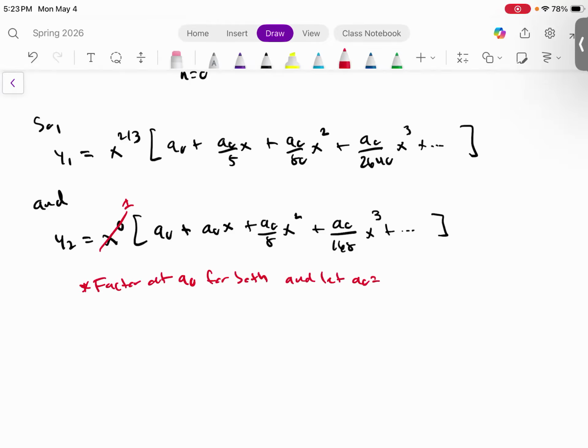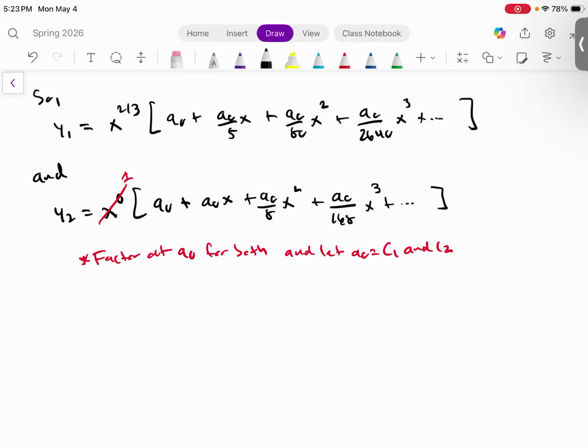It's just a constant and they're different constants. So it could be C1 and C2. So the general solution